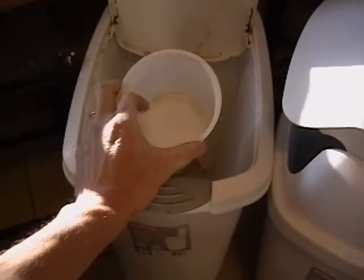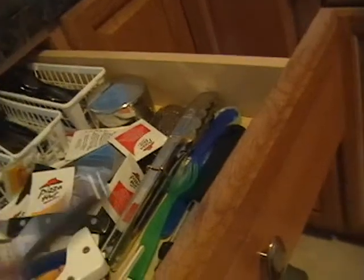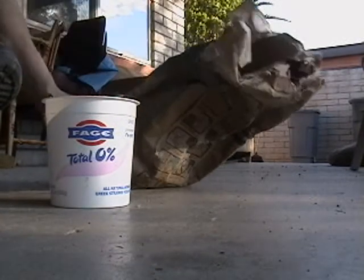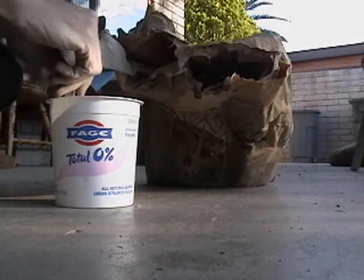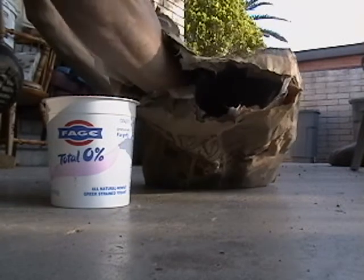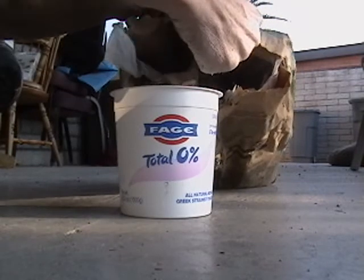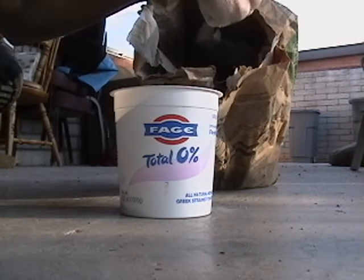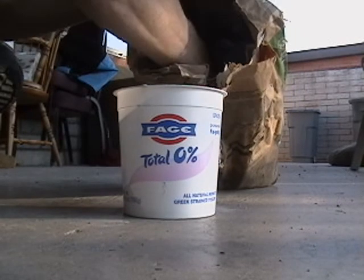And good thing I washed it yesterday, because I forgot, and I should have kept it with me. I forgot that I was throwing it away. So I got a spoon there, and I got my container. Yesterday I used about, I think that 33 ounce, what is it, a pint or whatever, I don't know how much it is, but that thing was about 3/4 of the way full. So I figured, well, if I added a third of that, because yesterday whenever I attached all those tiles to the wall, then I had some left over. So I figured, well, if I